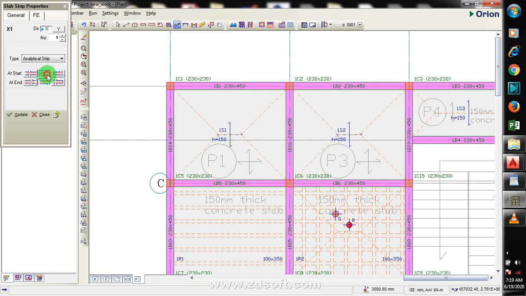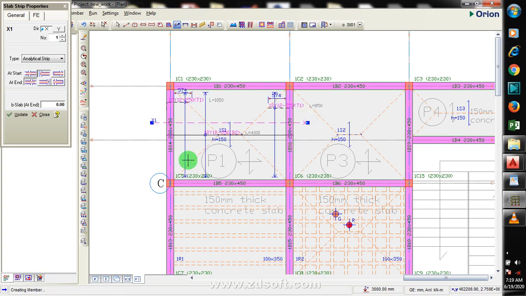Now this is starting at a beam, it's entering another slab. So this is the starting, this is entering another slab. So I'll click on control here to give me a straight strip, and then I click here, and then for this I'm starting at a slab. Okay, and then I'm ending it at a,